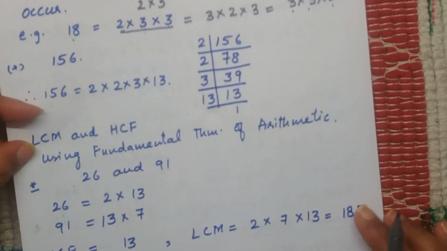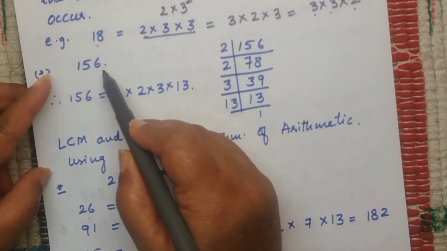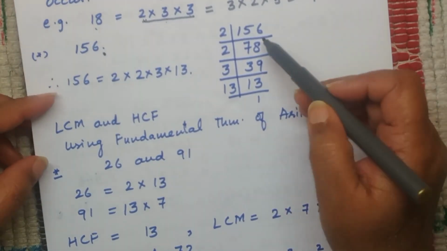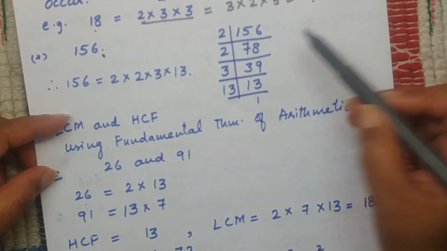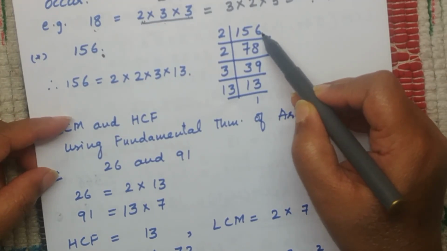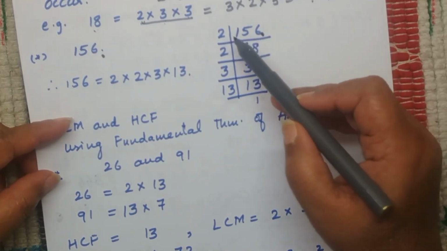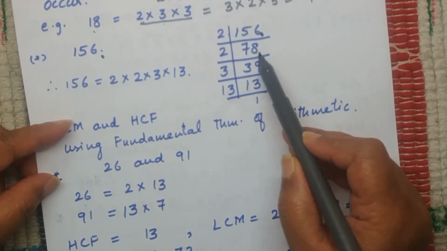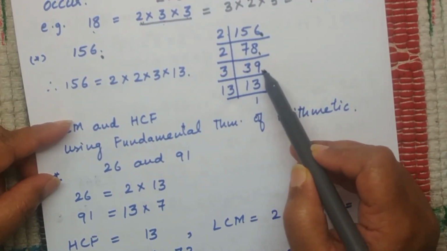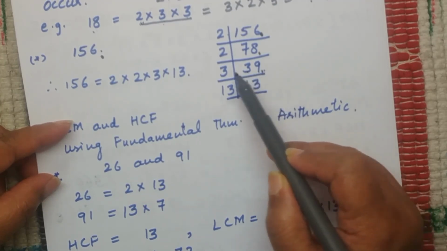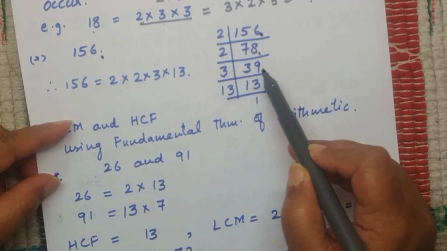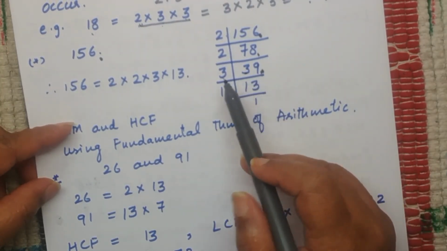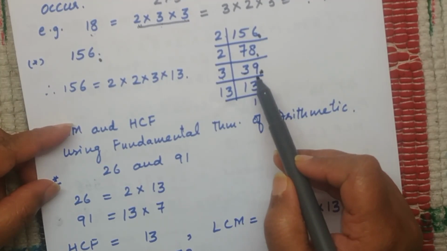Okay, let us consider one more, 156. Express 156 into prime factors. 156. Prime factors, how do we do? The last digit is 6, which is even. So the number goes by 2. 2 is the smallest prime number, so I started with 2. Again this goes by 2. Now 39. This doesn't go by 2. Now we thought of 3, because 3 plus 9 is 12. Divisibility test you all are aware of. So next prime number we'll try, and the next prime number is 3. This goes by 3. Right?